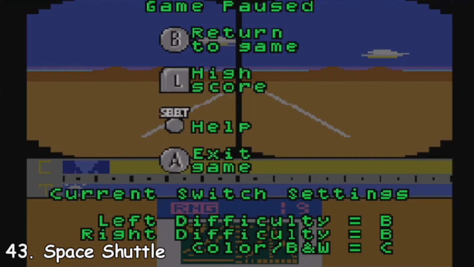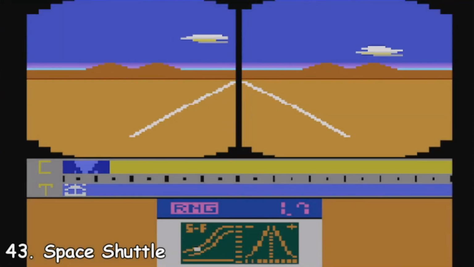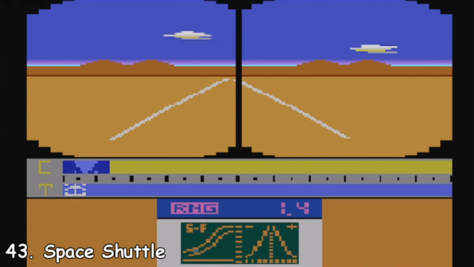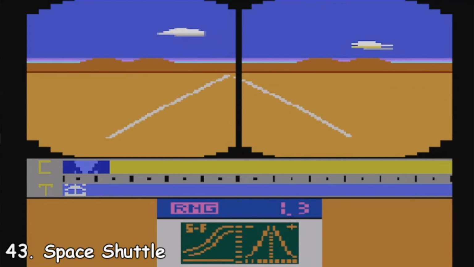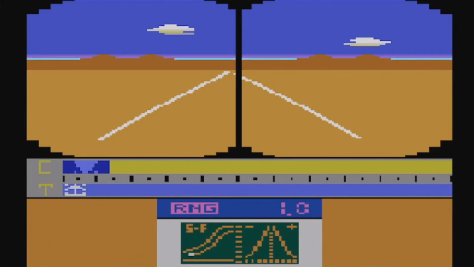Finally, you have the landing, and honestly it's not too bad if you pay attention to your instructions. Once you're lined up with the runway, it's just a matter of releasing your landing gear at the right time and pulling back on your joystick to finish things up. However, in my first run at this phase,